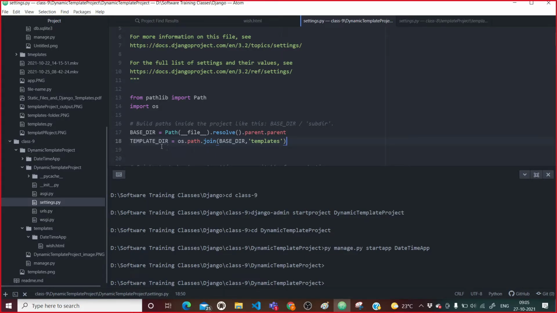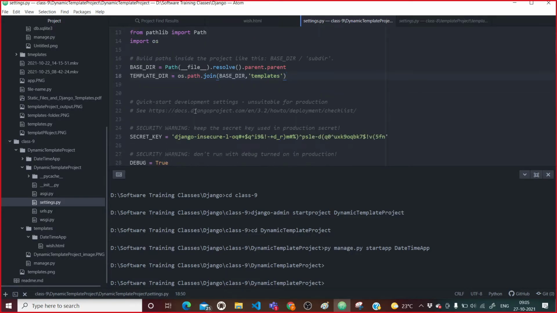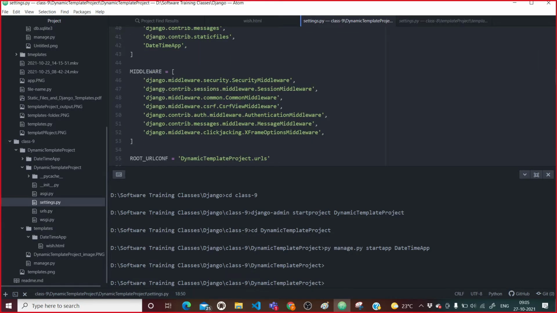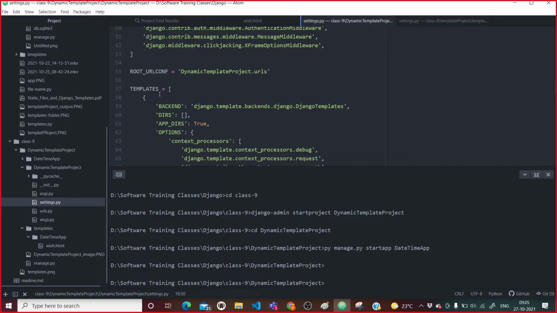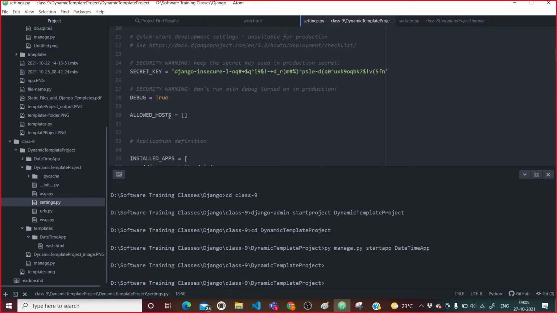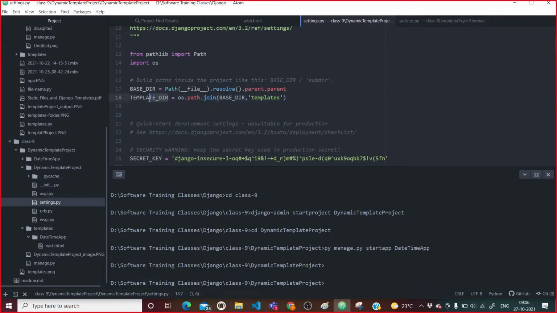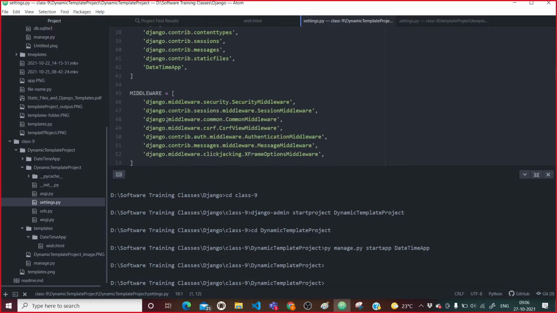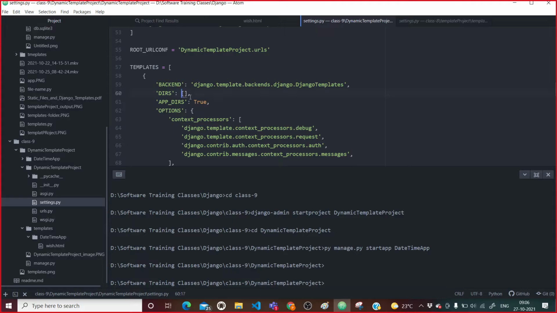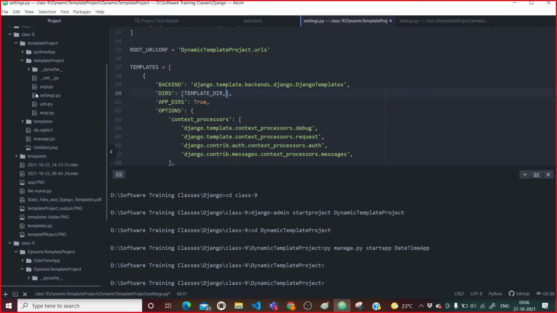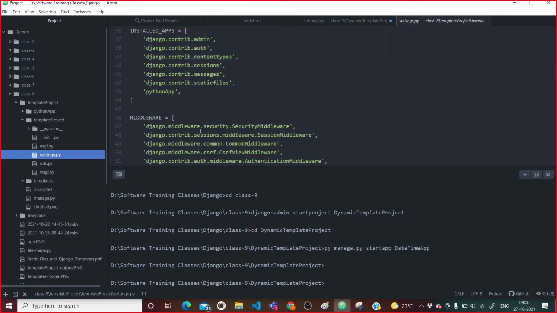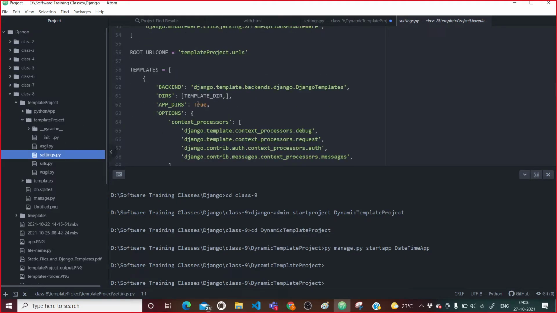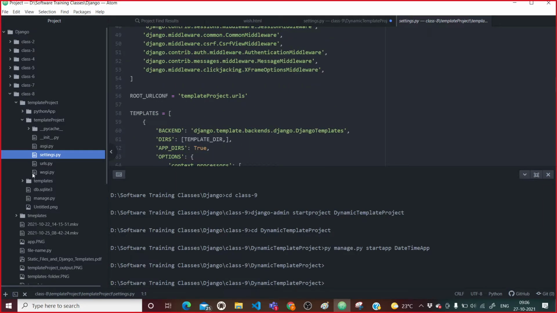Now to pass this external, our explicit template directory, we need to search for the template list, which is this templates. What are the different templates we are using here? And here we need to pass this template dir. So I will copy this and pass it here. As it will be a list, I will come here and compare. Yes, perfect.